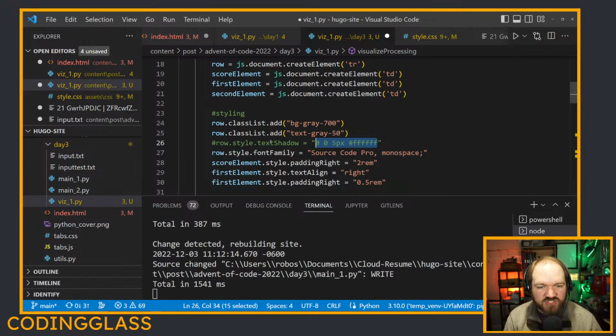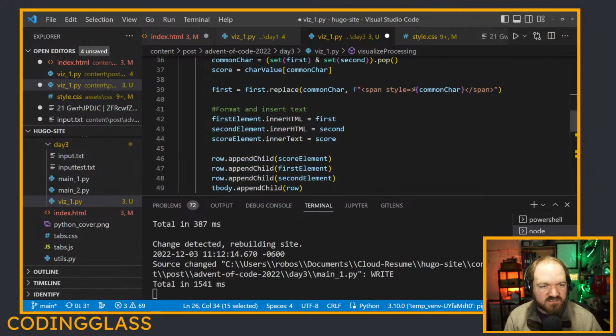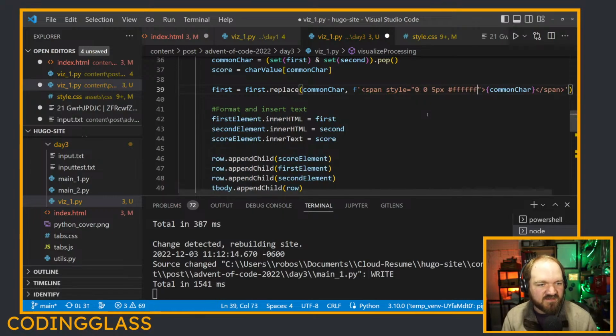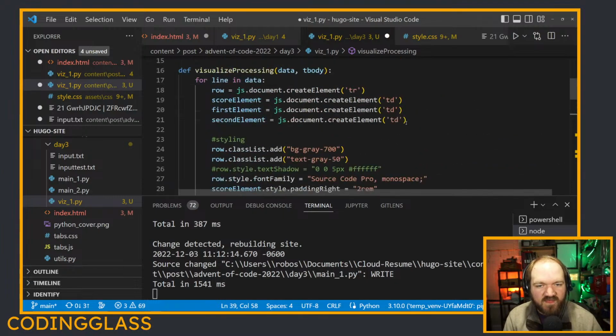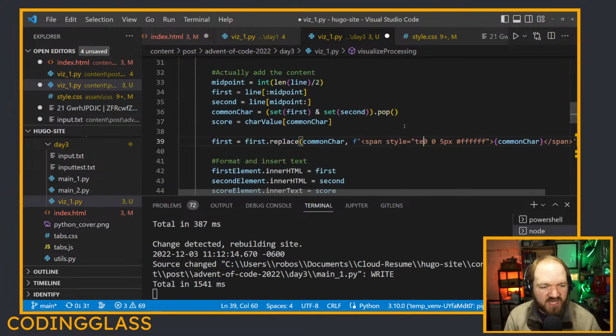So that's going to have the text shadow property equal to this. Style equals, and I'm going to switch out to single quotes here so that I can put double quotes inside of my HTML tag. Style equals, and that property was called text shadow